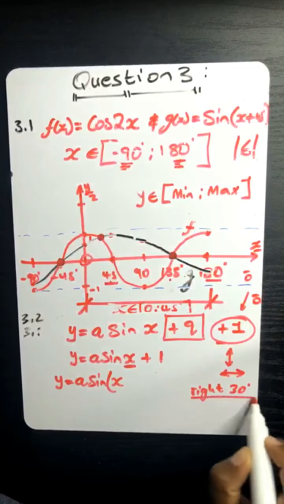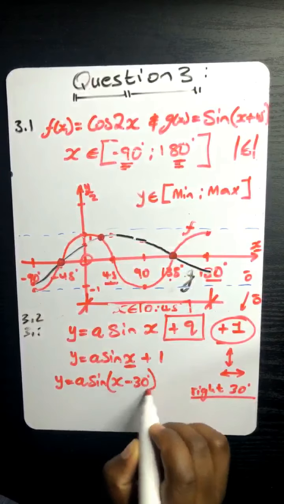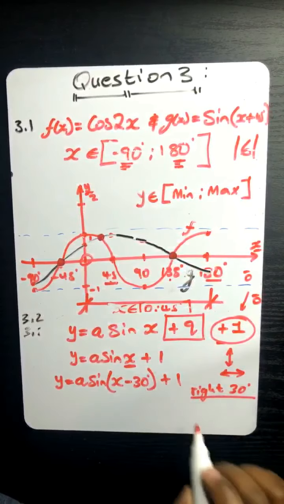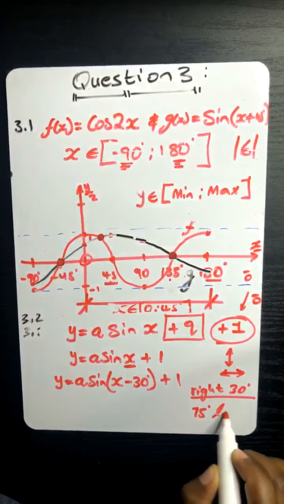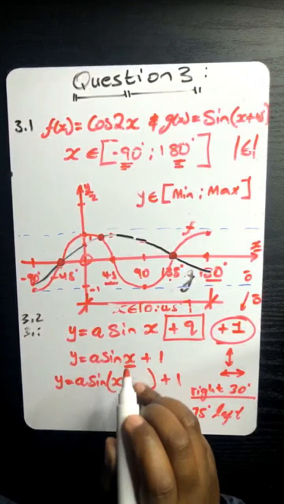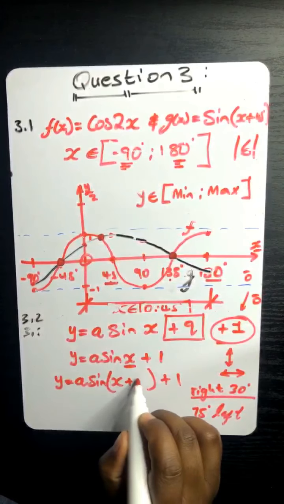If they say to the right, inside the brackets you write a negative sign. You still have that plus 1 for the vertical shift. So if they say 75 degrees to the left, inside the brackets you write the opposite sign, being a plus